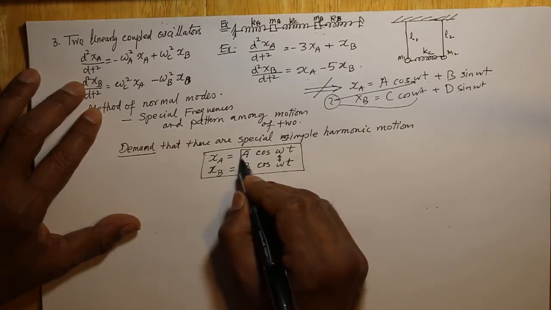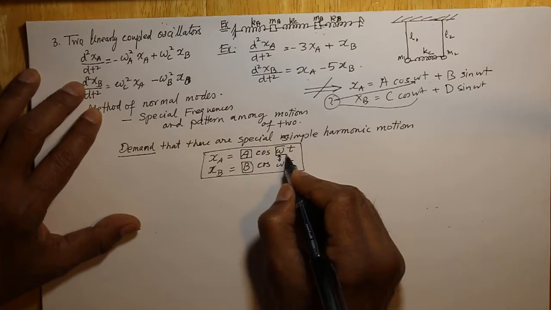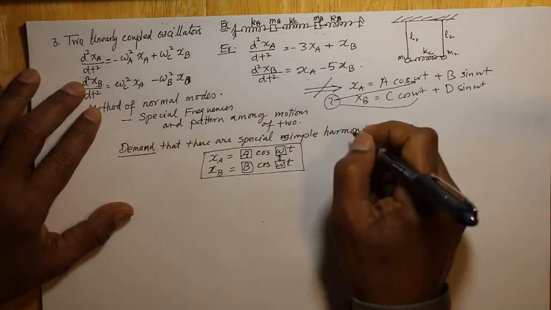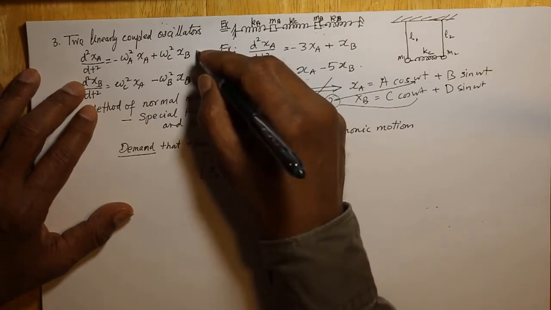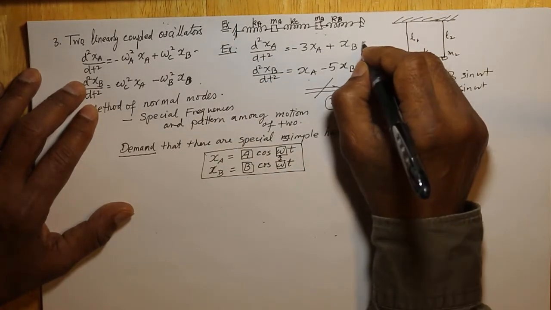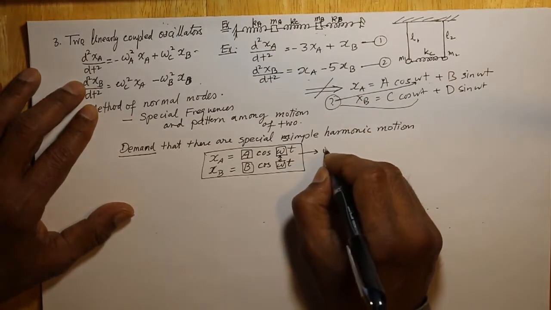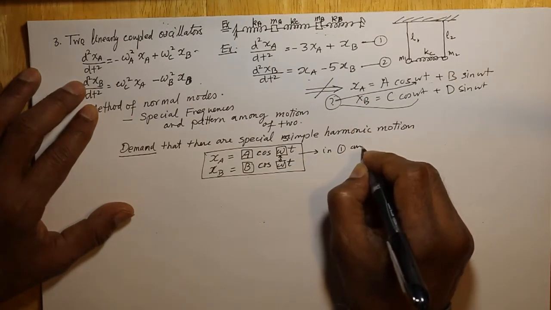We don't know what the A and B are, and we don't know what omega is, but we're looking for this. So we can work with this or work with this. Let's work with these two equations for simplicity, plugging into 1 and 2,